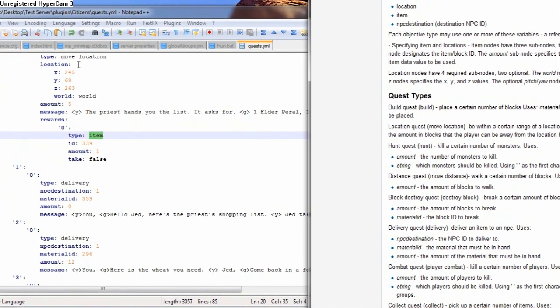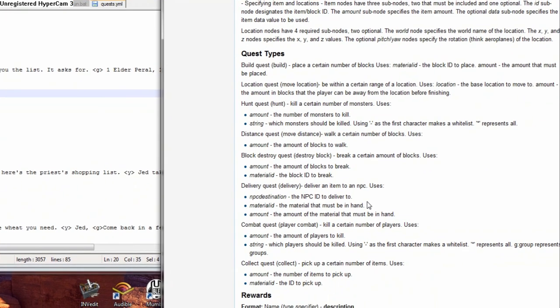Like over here when I did move location, I have location and amount as the two that are going to show up. You can see that over here where you have move location, and they say it uses location and amount.